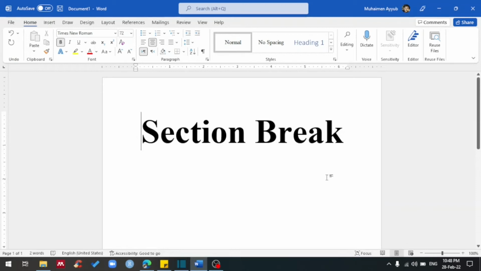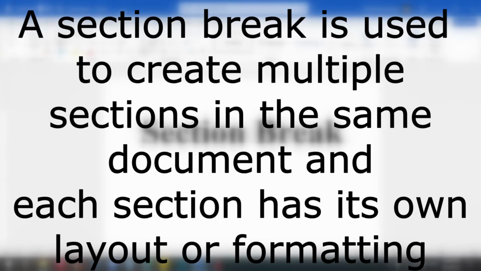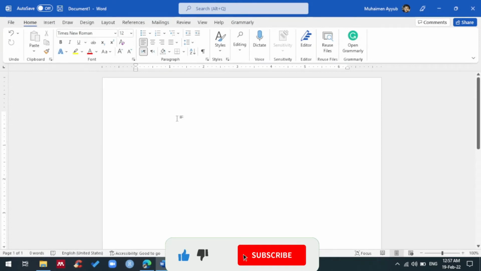In this video, you will learn how you can insert or remove section break in a Word document. So what's a section break? A section break is used to create multiple sections in the same document, and each section can have its own layout or formatting. So let me tell you something, that section break is a hidden formatting symbol, and you can